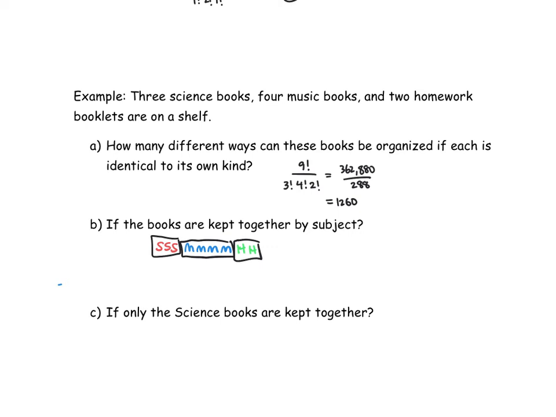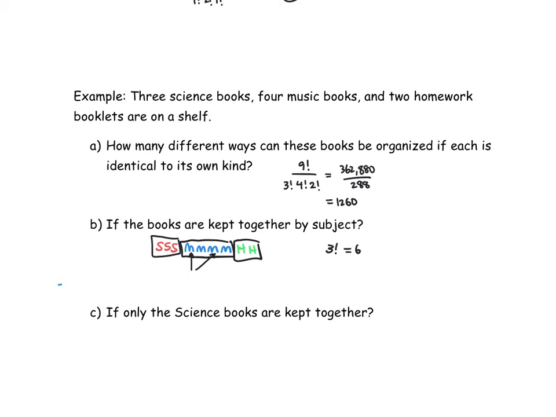So now I'm going to be just working with 3 items, right? And I don't care which music book is which. Oh, that one got moved over here. Those 2 got switched. It doesn't matter. They're identical. Therefore, there are only 6 ways to keep the books of like subject together, provided they are